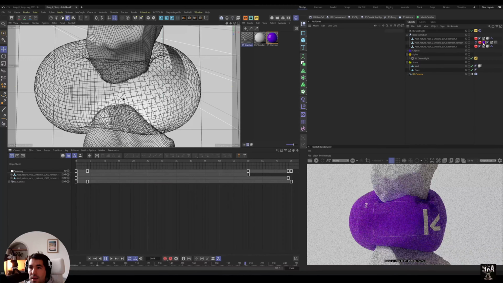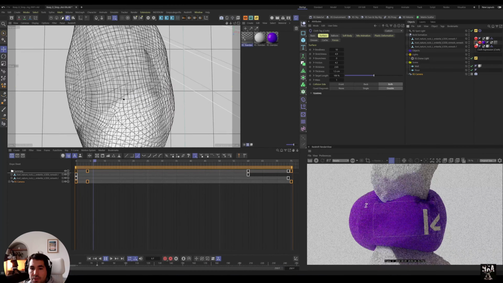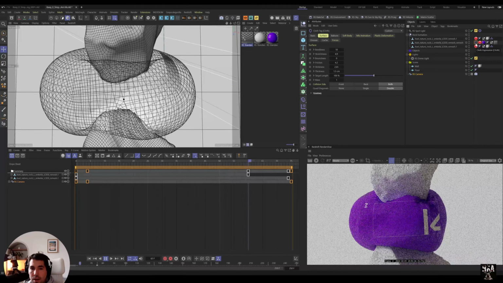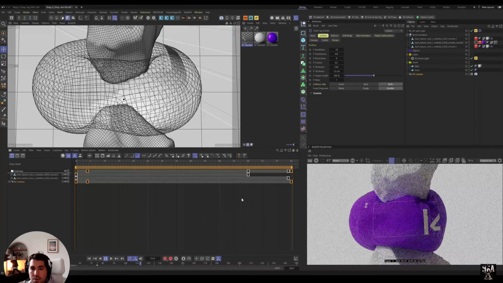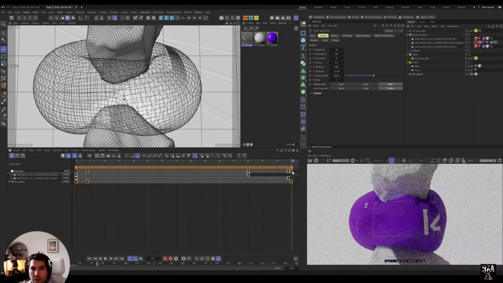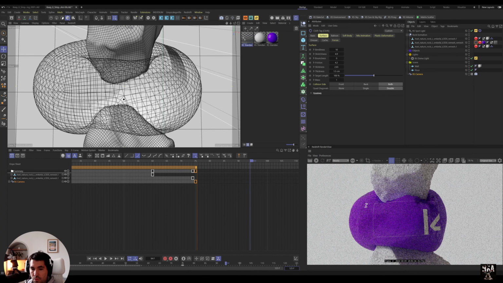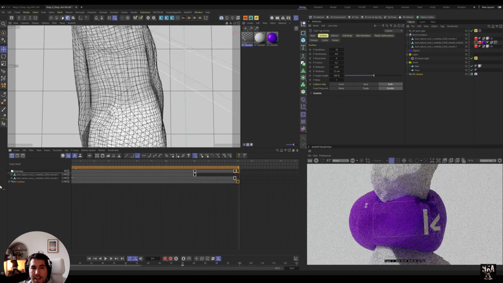Now I can see that I think the animation is fine, and I'm not gonna need so much of it just so I don't render extra. So I'm gonna just crop it down to 125 again, and